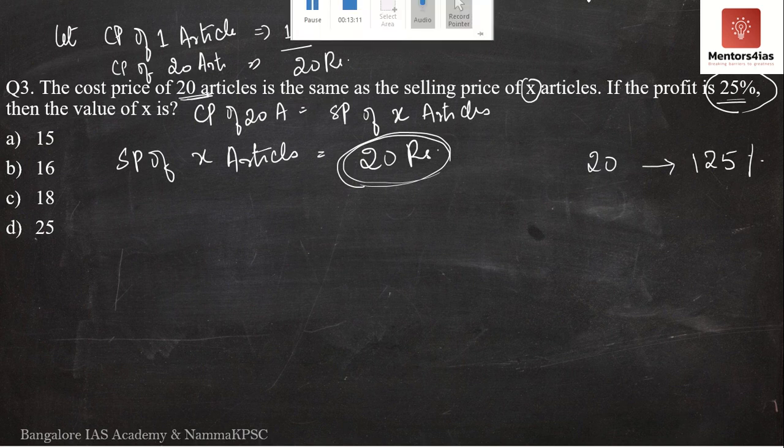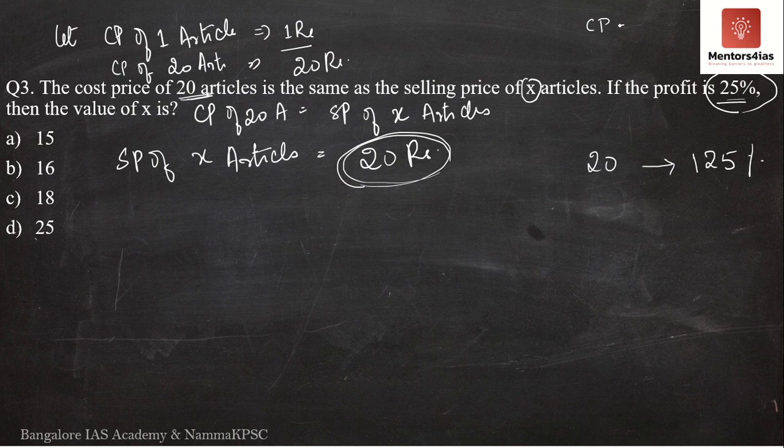See, earlier we used to always say if cost price is 100%, then what is the selling price, correct? So this we would get say 130, 125, whatever it is, then we would say that yes, the profit is 25%. So here we already know the profit to be 25%, then 20 rupees is 125%. What do we need? We need the cost price now. I'll try to find out the cost price of X number of articles. Why? Because I already know the cost price of one article. If I determine the cost price of X number of articles, I'll be able to determine the number of articles itself.